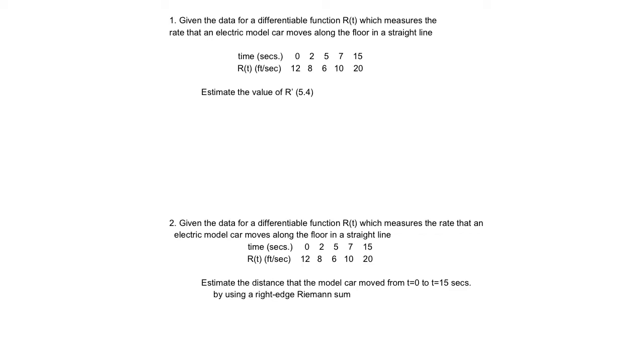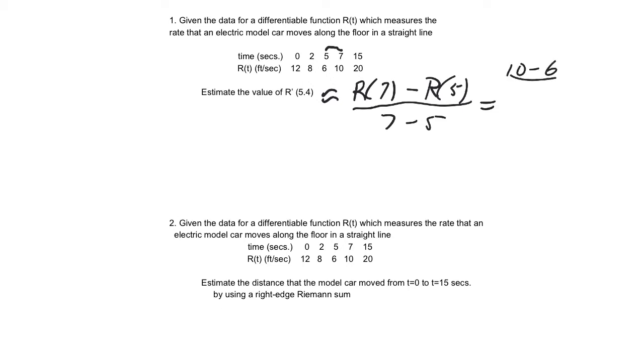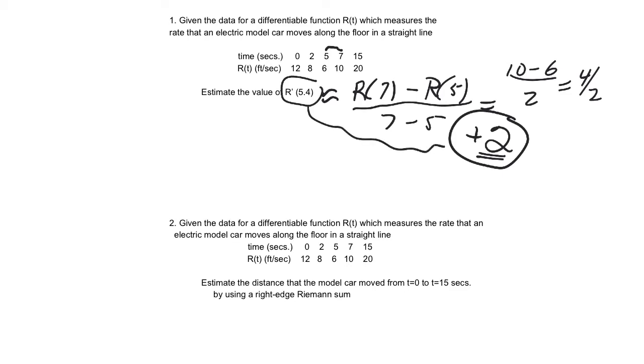In number 1, they ask you to find r prime of 5.4. 5.4 is in this region, so basically I'm going to estimate that by using the average rate of change. In other words, r of 7 minus r of 5 over 7 minus 5. That ends up being 10 minus 6 over 2, 4 over 2. The answer is positive 2. That's the average rate of change, and that's approximately equal to the instantaneous rate of change of a nearby data